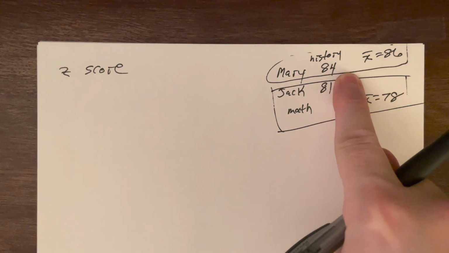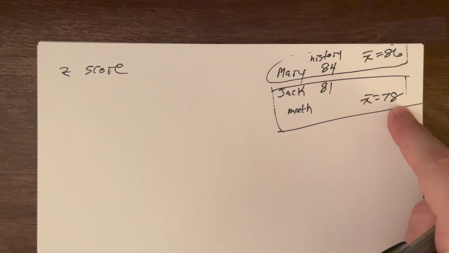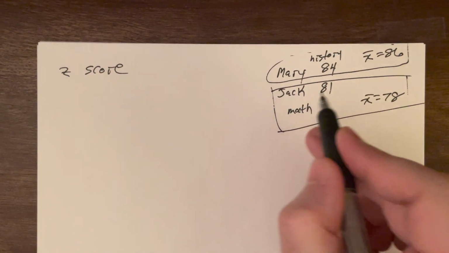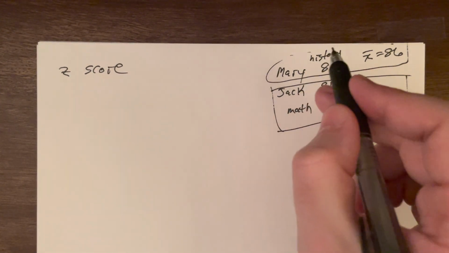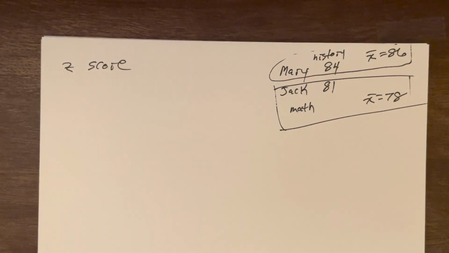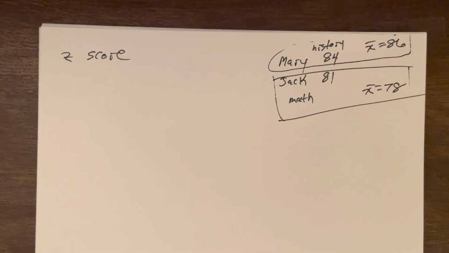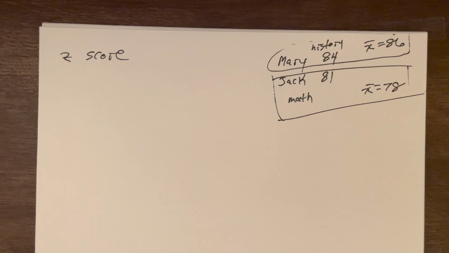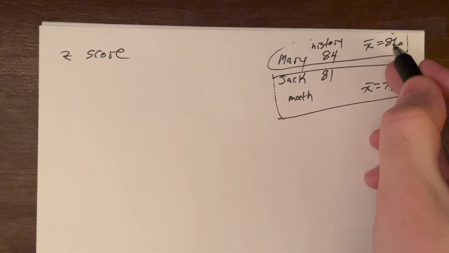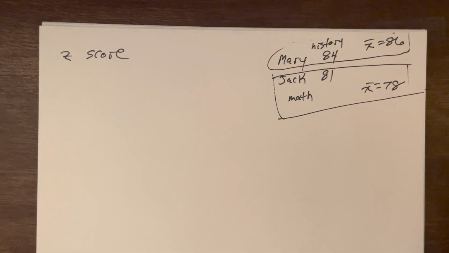In this simple scenario, Mary did lower than average, Jack did better than average. So comparatively to their classes, Jack did better compared to his class than Mary did compared to hers, even though Mary had a higher head-to-head score. That is a real easy way to get confused because there are a lot of comparisons going on, but that's what we're trying to get at. I made this first one easier, but it's not always quite that simple.